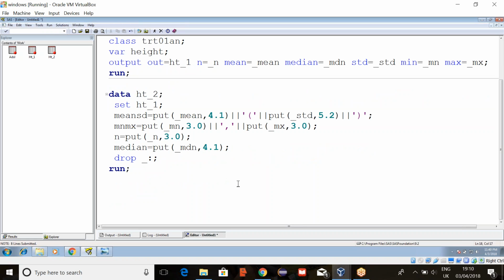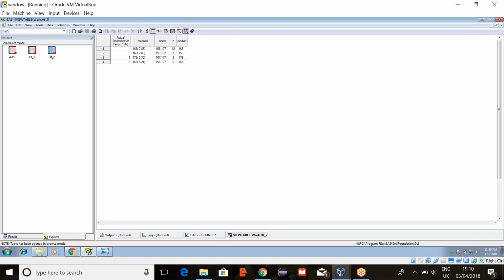Few things are easy there and few are easy here. But if you go in depth into SQL, then it might be possible, but I don't know because I'm not using SQL that much. To whatever extent it is needed, I know only that much. Yesterday I did a little bit. The joining part I did in SQL, but when it came to here again, I was using a data step. So I thought, is it possible to do it? I was just curious.